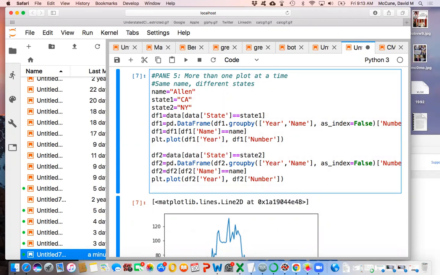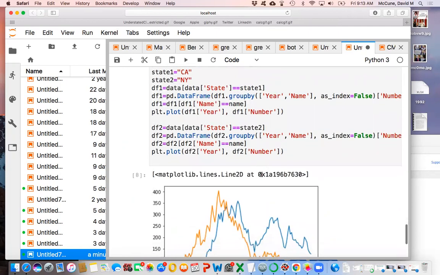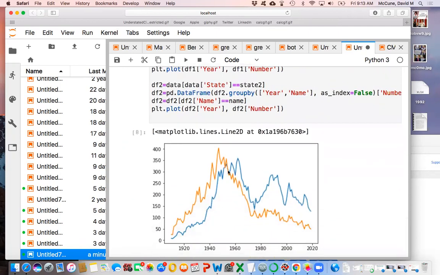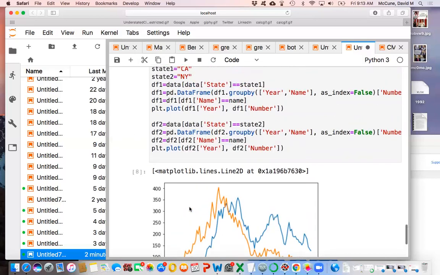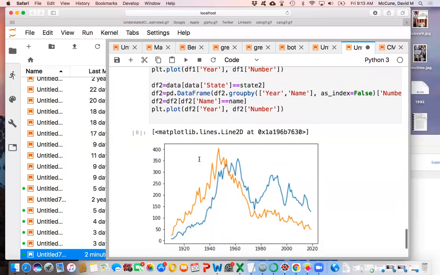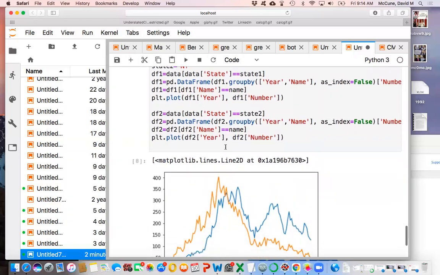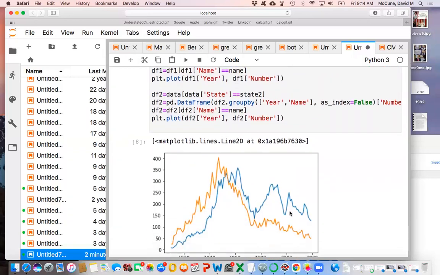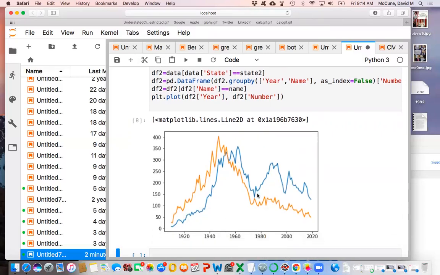let's choose states on the opposite coasts and see if they track together. As always, it defaults to blue as the first plot. So blue is California and orange is New York. So, okay, Allen with an E used to be more popular in, oh, sorry, used to be more popular in New York and then became more popular in California. Presumably when California started becoming more populous than New York, right? I don't know when that happened, but ooh, they almost met back here. But anyway, this height should be expected here because California is just bigger than New York.